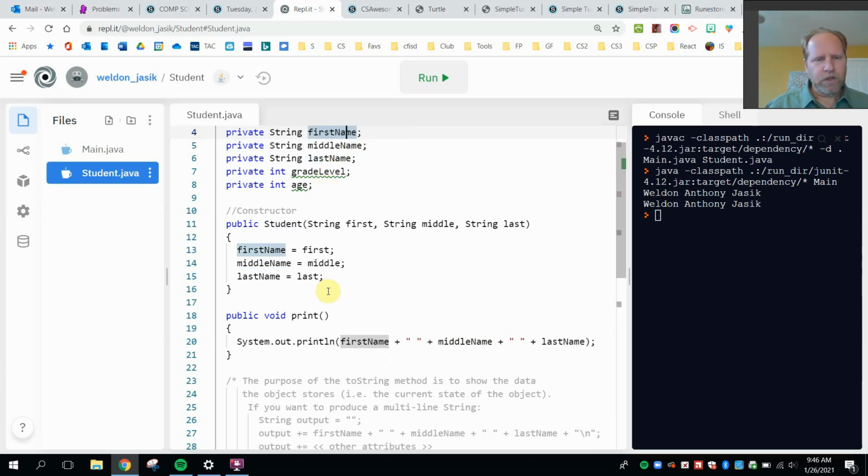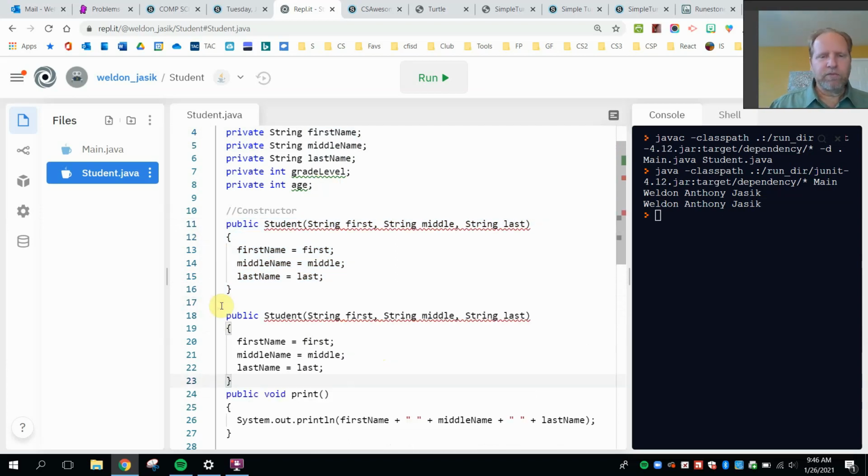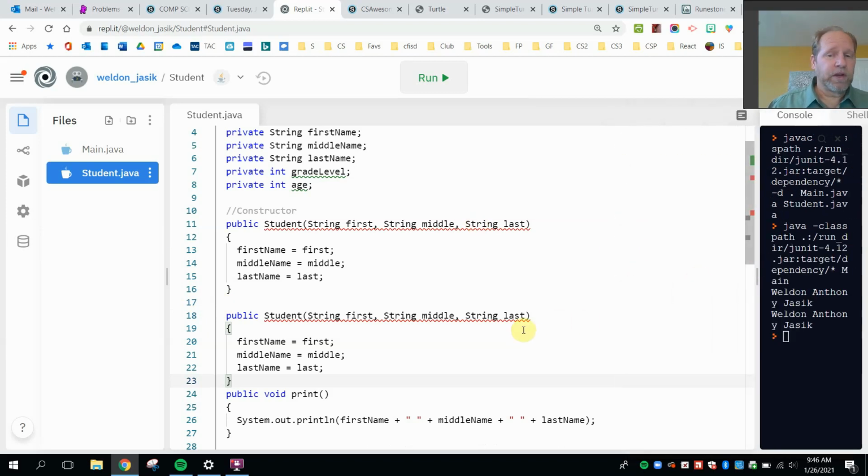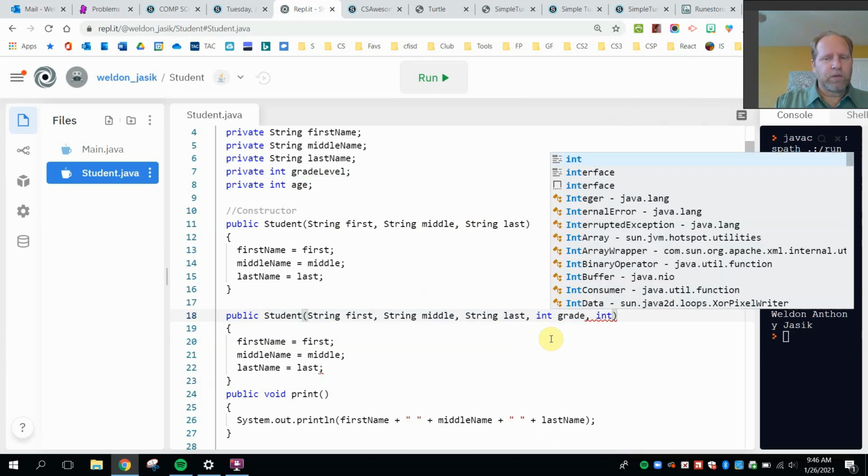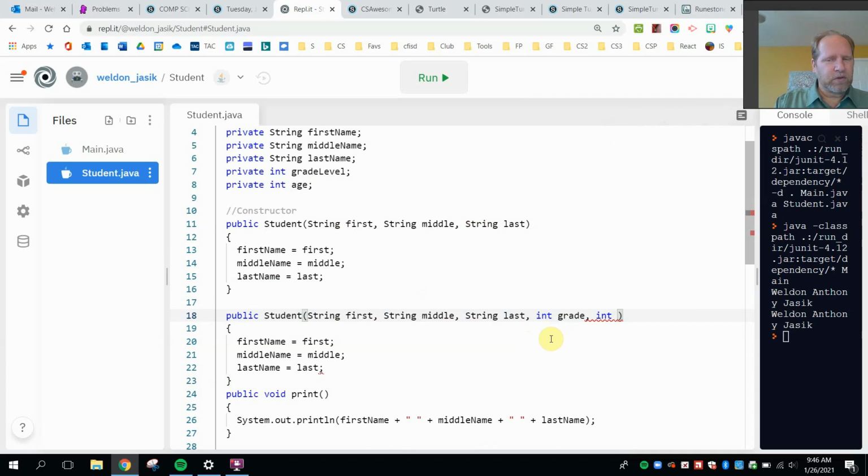Now, let's move on. Like I said, the job of the constructor is to give the object data, or make sure it's storing the data you want it to store, maybe is a better way to say it. I need to make a constructor that has 5 parameters, one per instance variable. So I'm going to add an int parameter called grade, and another one called age,